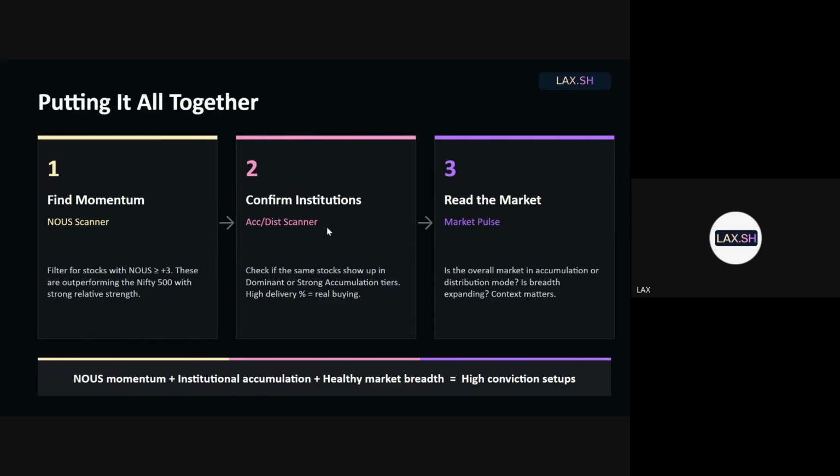Accumulation distribution system, it tells you what institutions are doing. And by the way, one thing I have not said, because we have not put the data that way, but in future we'll do that. We are working every minute, every second, to figure out the best way to do things for our community.